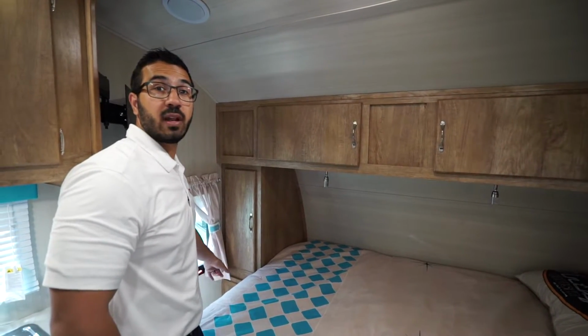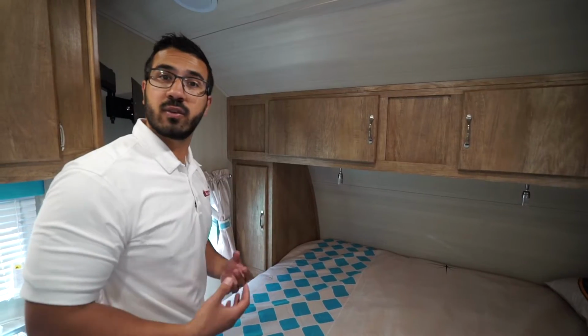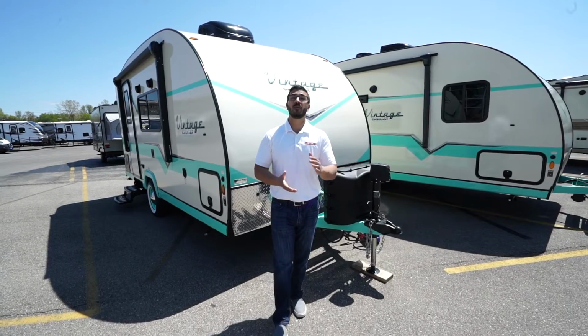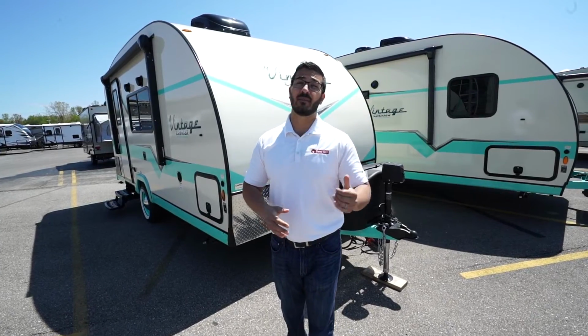Lastly, you have electrical outlet and USB port right down here at the foot of the bed, so if you have a CPAP machine, something like that, or just charge your cell phone at night, that's where you plug it in at. Now that we've seen the inside, let's take a look at some of the outside features on the